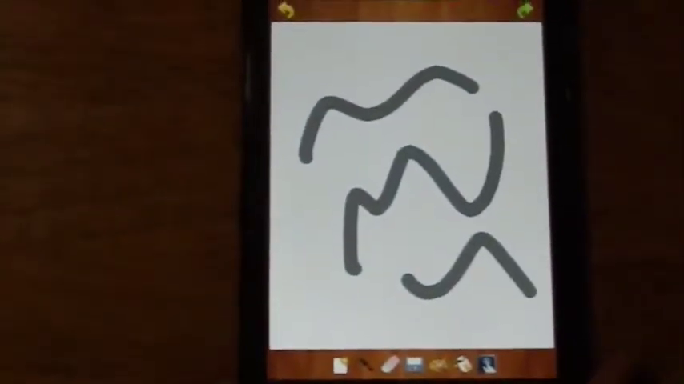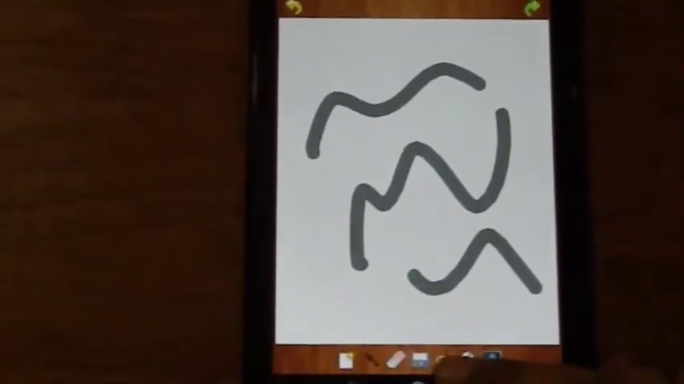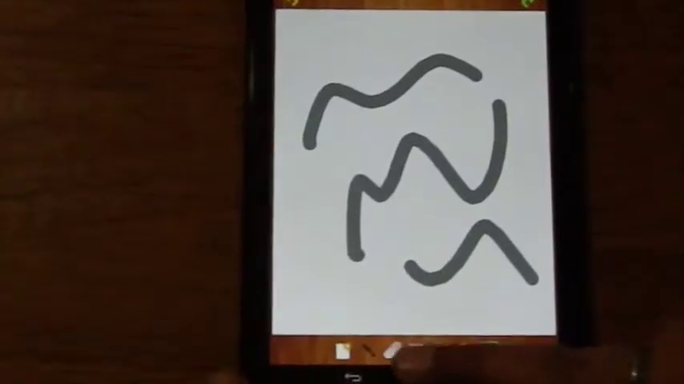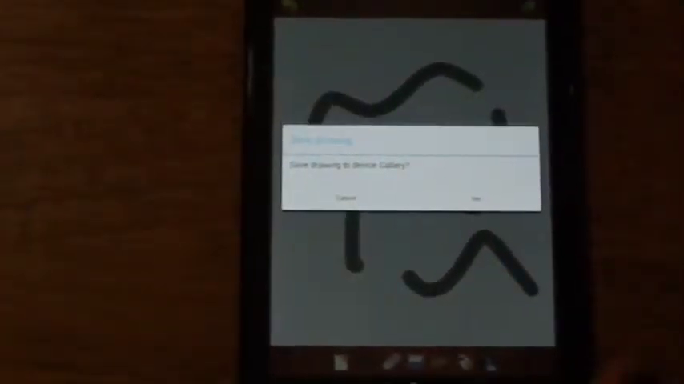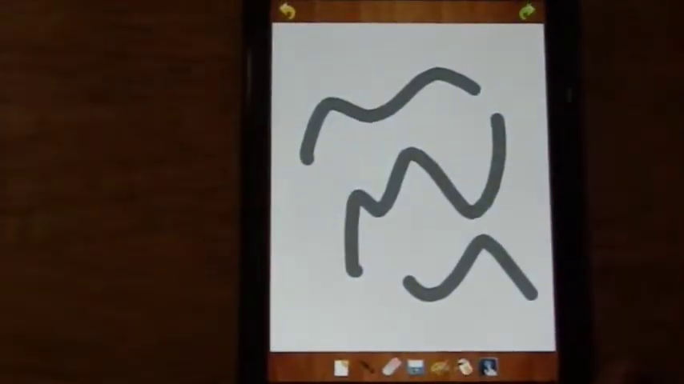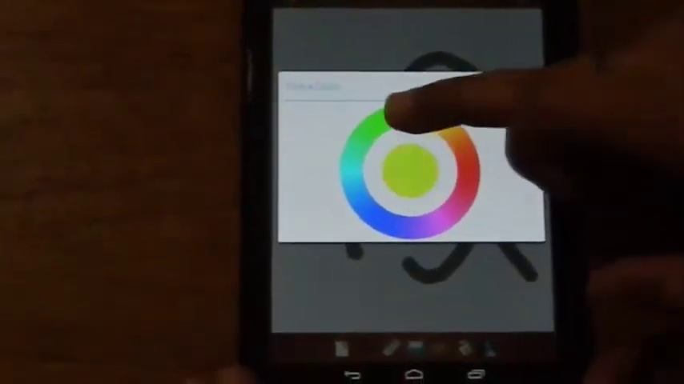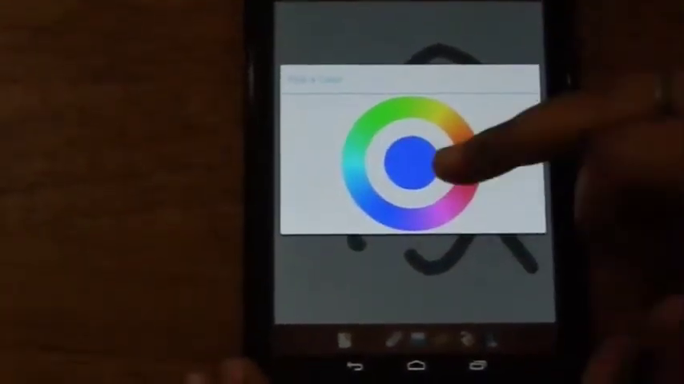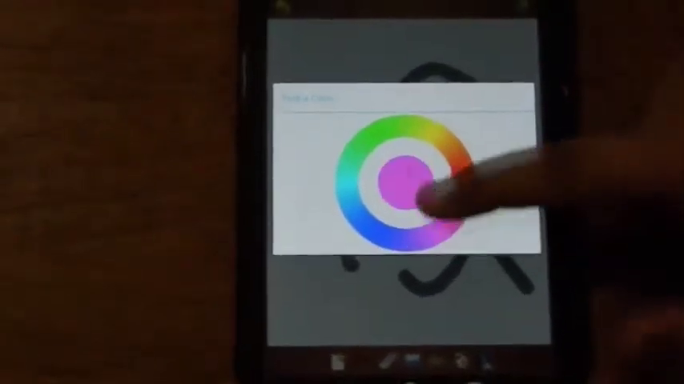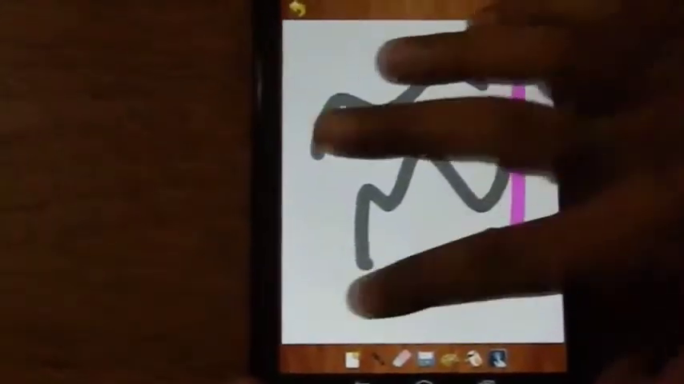Then we have the save button, as we can see through the floppy disk icon. When we click on this button, we get a pop-up box asking for confirmation if we want to save this image to the device gallery or not. I'm going to choose cancel here. Then this color palette is the color picker in our application, and we can slide our finger around this center and choose our desired color, and we tap at the center to choose the color that we want